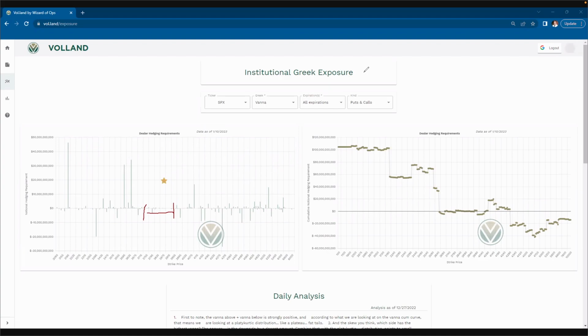Yep. We're looking right here at this negative Vanna at 4,000. If we were able to push up above 4,000, which we're only 80 points away for SPX, then we're looking at a pretty large magnet here. This is also in January a pretty large magnet for the rest of the OPEX. We'll probably just surround this area, and these negative Vanna will keep us from ever getting above here. So if we get to the 4,100 and this one also flips to positive, you can probably start selling call